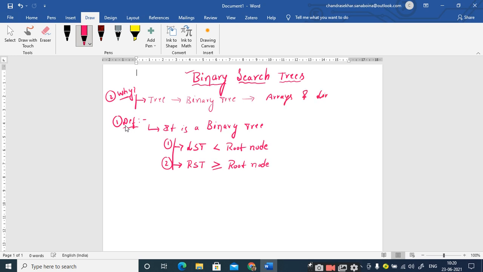I will tell you why this search operation is very efficient when compared to arrays and linked lists. And it's not only the case of search operation. The insertion also is a very efficient operation. I'm not saying it is an easy operation, it is an efficient operation, right? How do you measure the efficiency of an algorithm?